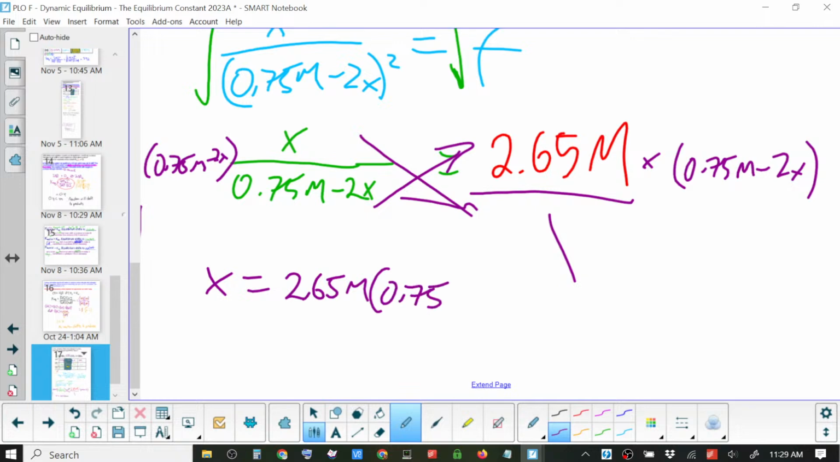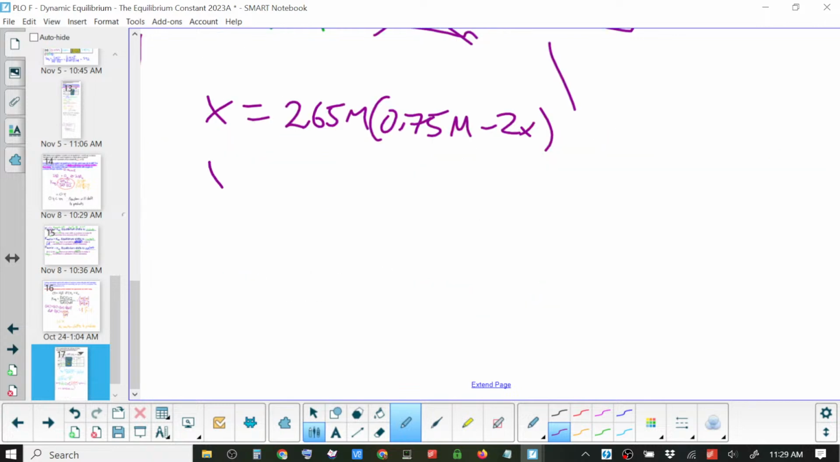times 0.75. Normally I would just multiply that through right away, but I want to be very clear about the algebra. And then you just multiply it through. What is 2.65 times 0.75? Someone who did it? 3 point something? No, it's less. It's 1.9875. 1.9875 molar